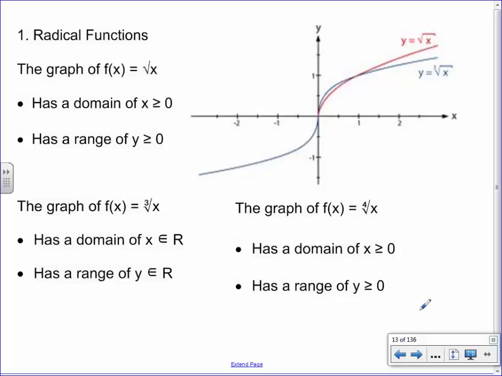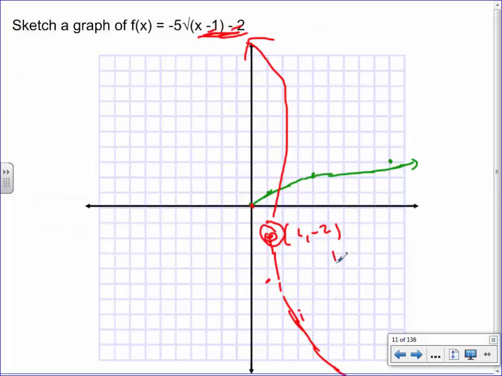Okay, here's a slide just talking about the basic properties of these graphs, just like I've been doing on one of our earlier slides. Square root functions are always greater than 0 for domain and range, until you move them around though, right? As soon as you move the function around, it changes the domain and range. If I can hop back to this one right here, what would the domain of this function be? Well, now x has to be greater than 1, right? Because I don't have any values over here where x is 0. And if I asked you for the range of this graph, y would have to be